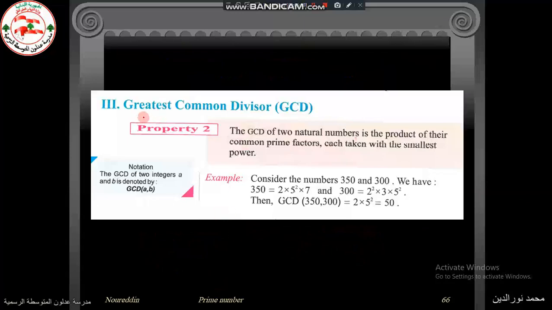so عم بيقول لي انه the greatest common divisor the GCD of two natural numbers is the product of their common prime factors each taken with the smallest power. فإذا أنا اللي بهمني بهيدي السلايد إنه أنا بدي آخد the common prime factors مع smallest power. تمام فإذا C يعني common، أوكي خلينا من خلال C نعرف إنه بدنا ناخد ال common